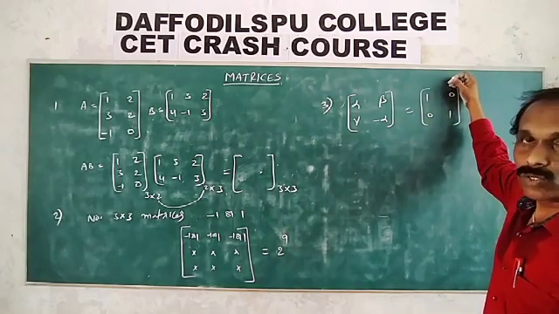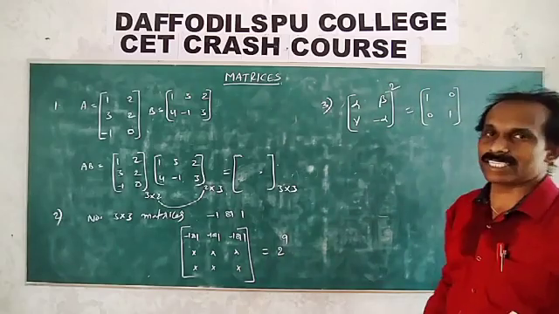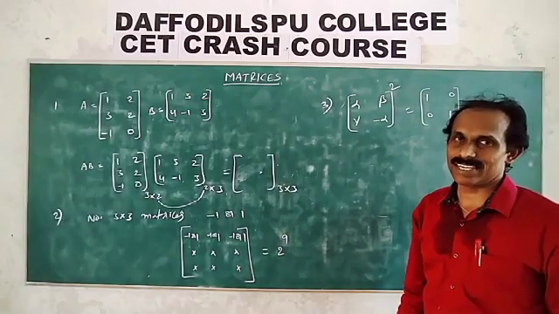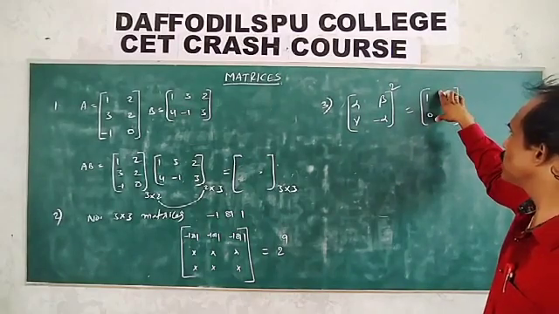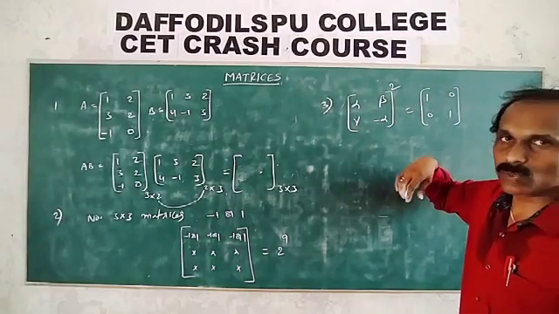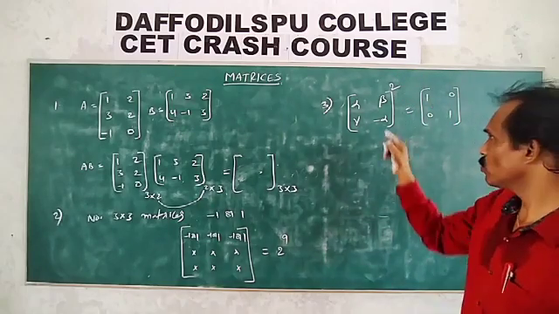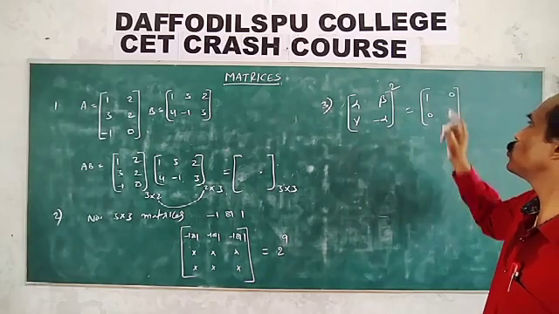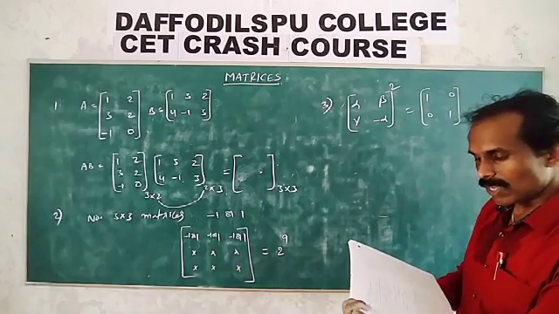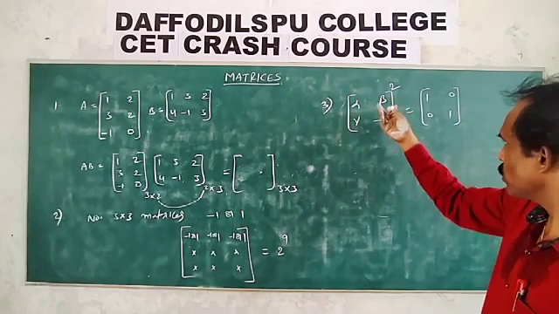to remove the square root, we take squaring on both sides. This matrix is the square root of the unit matrix, so applying squaring on both sides, we get [alpha, beta; gamma, minus alpha] whole square is equal to the unit matrix. Then options are given; which relation is satisfied? Now we'll see.